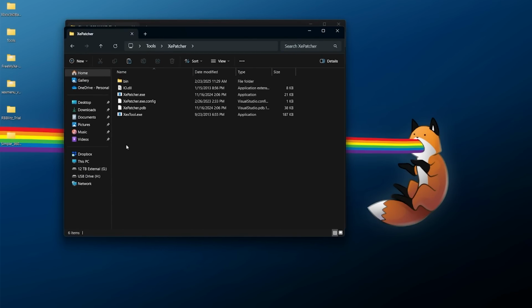Go into the XE Patcher folder, and right click and paste whichever executables you're wanting to modify. Now we're going to need to patch this through Exectool. Do not double click the executable because that's not how it's going to work, but what you can do is